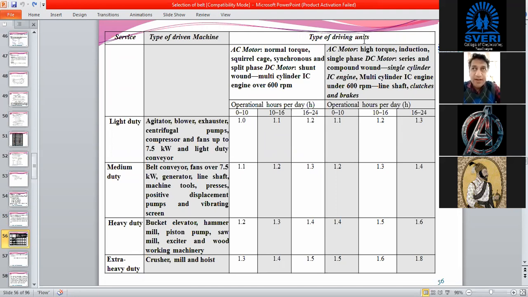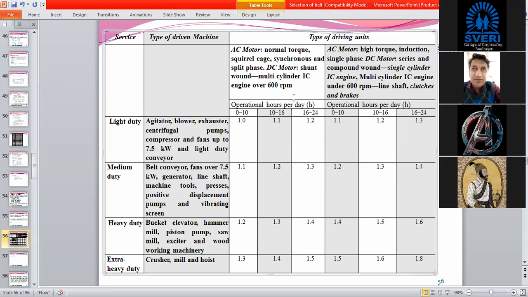And the type of driving unit, who is driving actually, whether it is an AC motor with normal torque, then squirrel cage, synchronous and split phase, or a DC motor with shunt winding, or whether you are going to use a multi-cylinder engine.